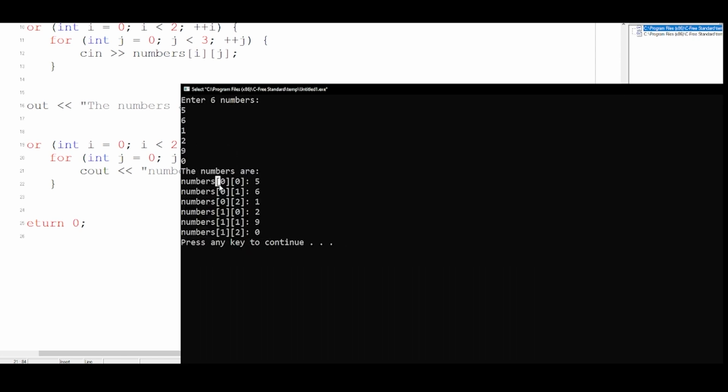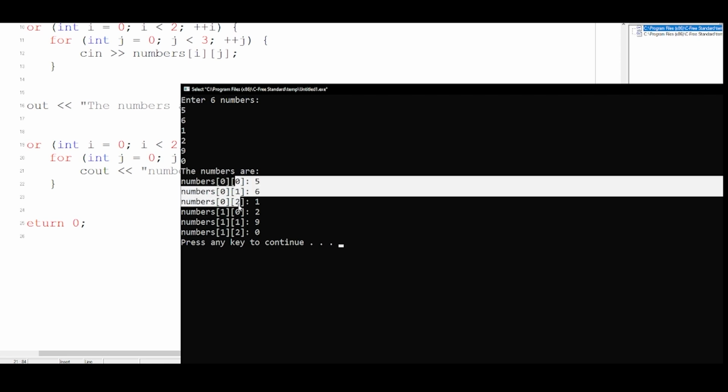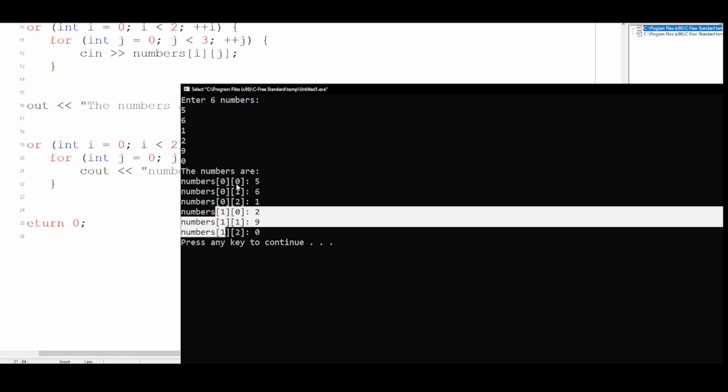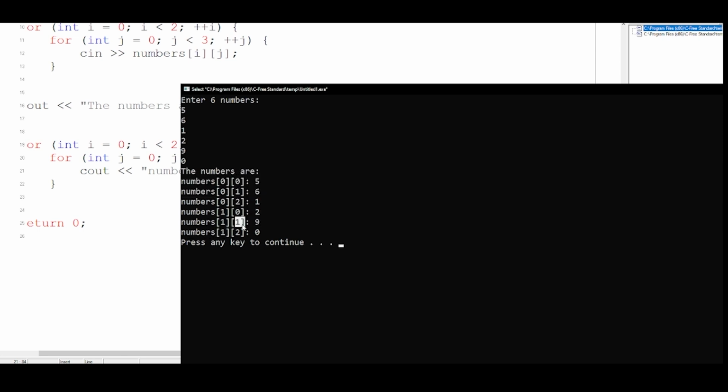And moreover, it is even giving me the indexes. So 0, 0, that is the very first index for both the rows and columns. The first row is 0, first column is 0. First row is 0, column is 1, first row is 0, column is 2. So this is for the first row, and then these are for the different columns. So it has 2 rows, that is 0 and 1, and 3 columns, 0, 1, 2. That way it is storing all the values. So it's just like a table.